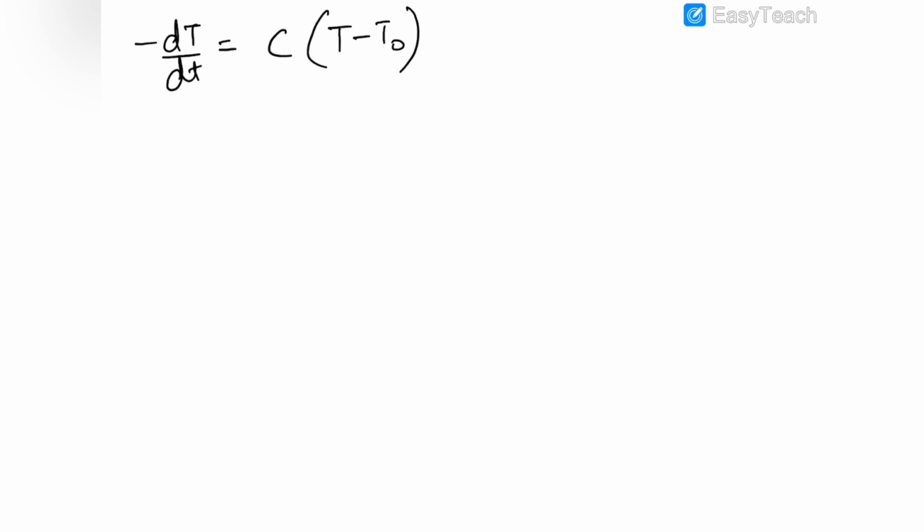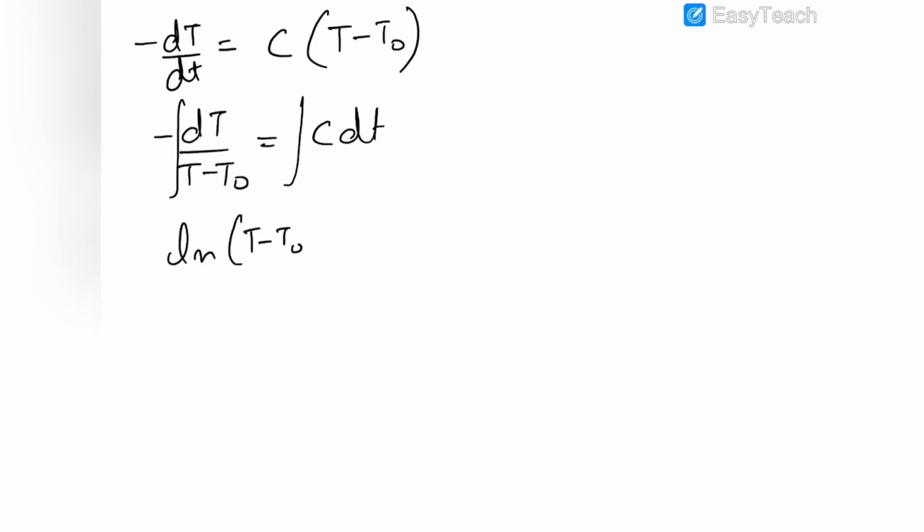So minus dT by (T minus T naught) is equal to c dt, and integrating both the sides, you can see that this would be ln (T minus T naught), and this would be minus ct. The limit would be 0 to t, and here the limit would be T initial to T final,